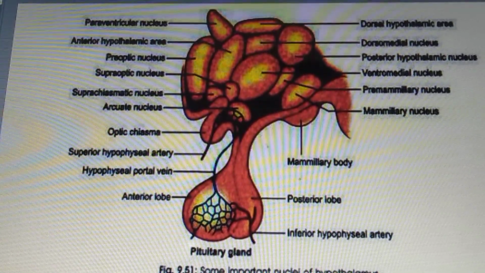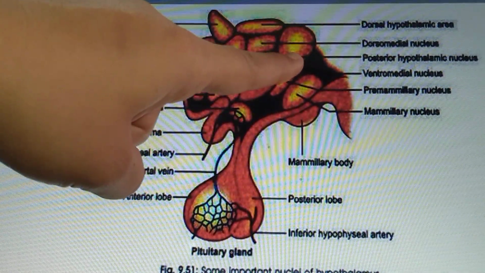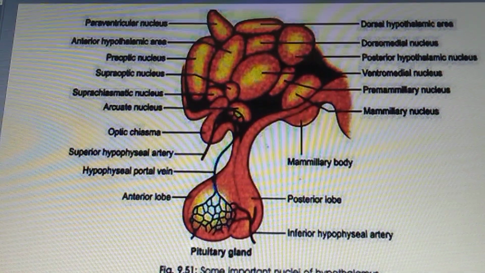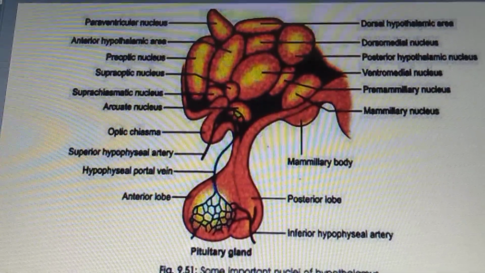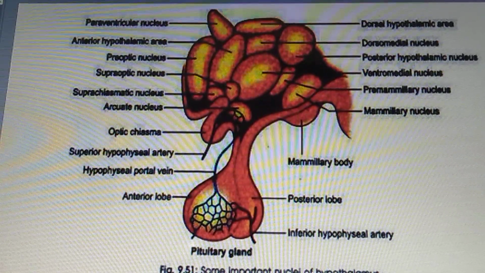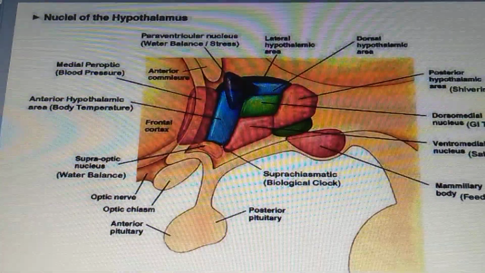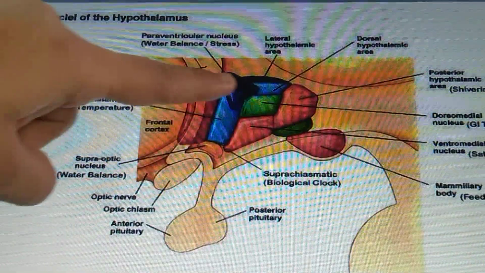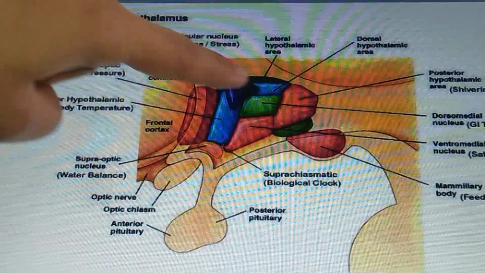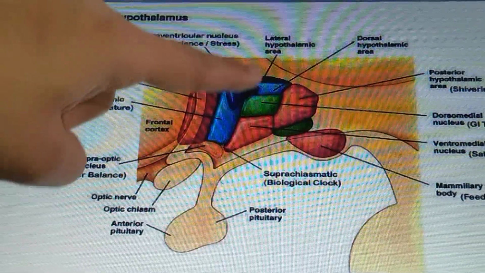Then the last is the mammillary part. It constitutes the posterior nucleus. This is the posterior hypothalamic nucleus that you can see here, that is caudal to the ventromedial and dorsomedial nuclei, and the mammillary nucleus. The lateral nucleus is lateral to the posterior nucleus. The lateral nucleus is not shown in this diagram, so for that we will see one more diagram here. These are again all nuclei of the hypothalamus, but here you can see the lateral hypothalamic area is shown, where you will find the nuclei like the lateral nucleus and the tuberal nucleus. They are present in this area.